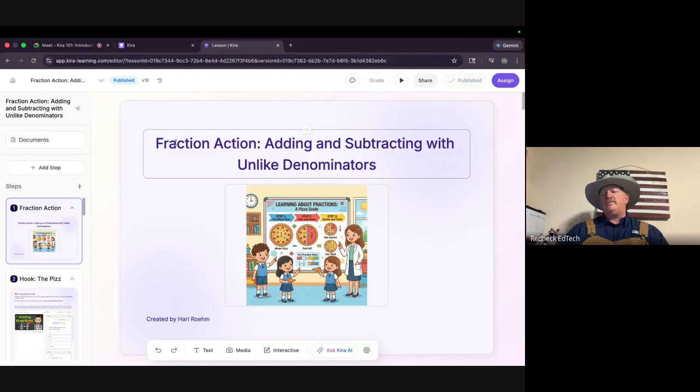So next week, we're going to build a couple of custom lessons around material that you already have. We'll show you how to bring in your standards and objectives, explain to you what to do if they're not in there, and then show you how we get all of this ready to move forward. Kira 101 returns next week, which will be Wednesday, February the 25th. We're going to come on board a little early, play some music, whatever, but don't be afraid to drop in and let us know what's going on.